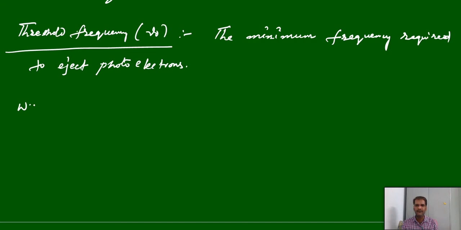Similarly, we have the work function. Work is nothing but a kind of energy transformation. So how much work we have to do to remove that electron, meaning how much energy we have to supply. So again, this is the minimum amount of energy